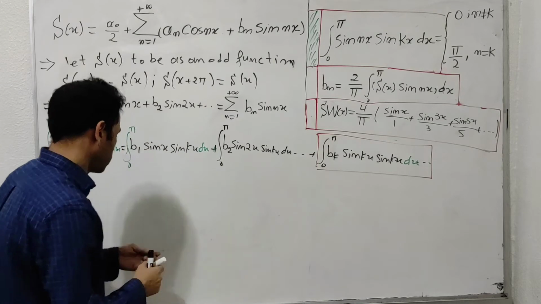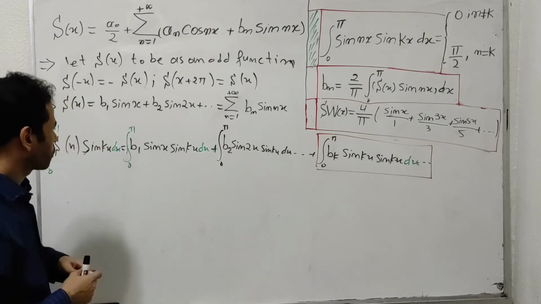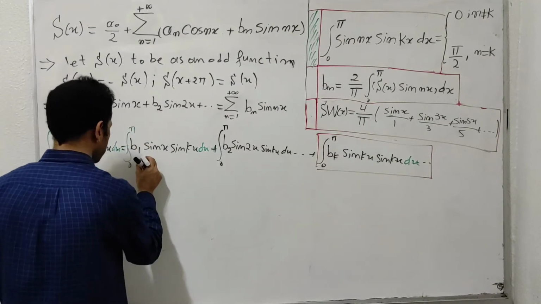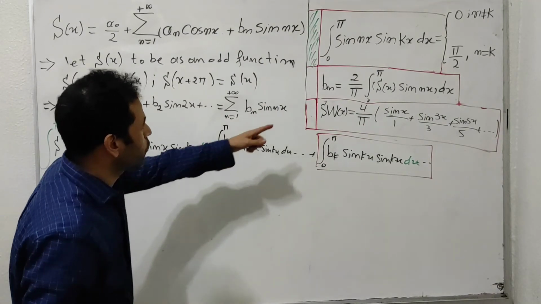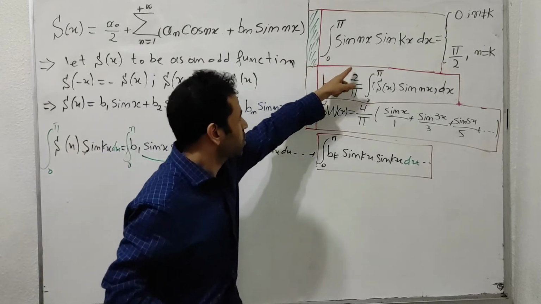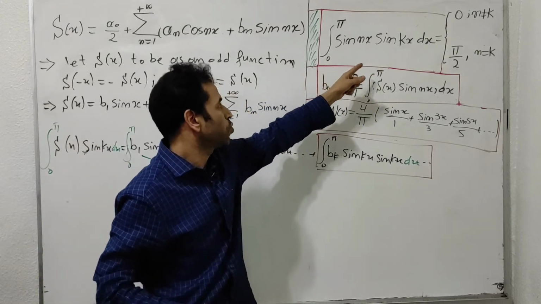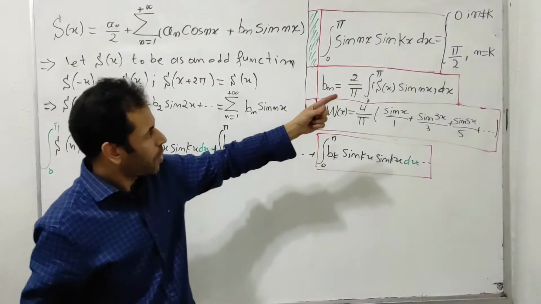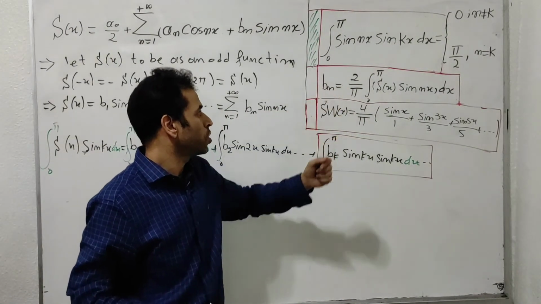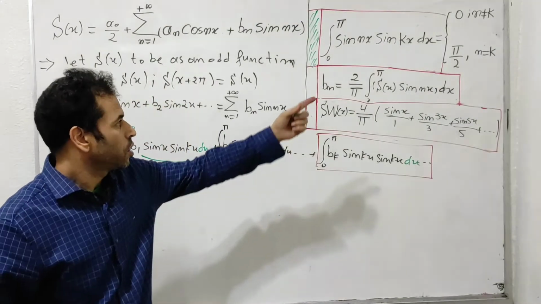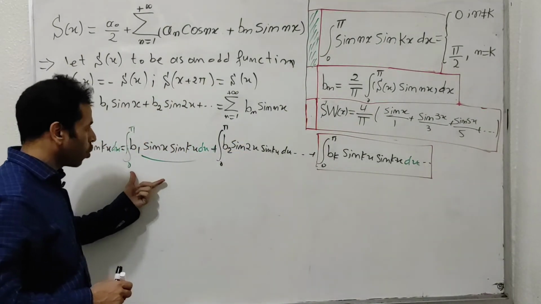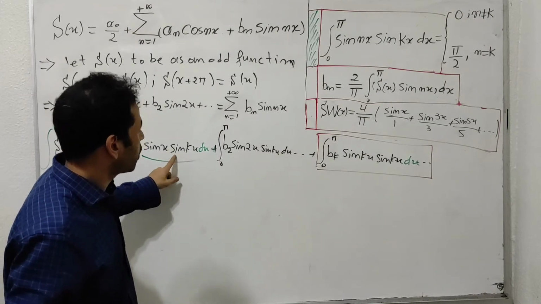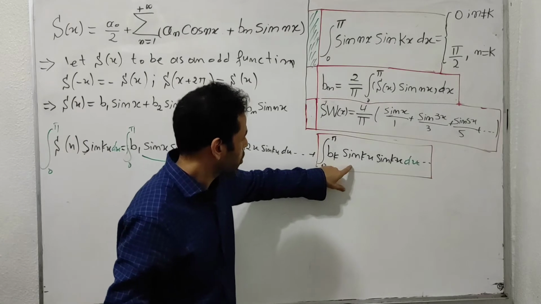Now if you look at each term, all terms turn into 0, because in the earlier proof we proved that the integral of sine nx multiplied by sine kx, written in the same form, is 0 if n is different from k, and pi over 2 if n equals k. All terms have k and n different,